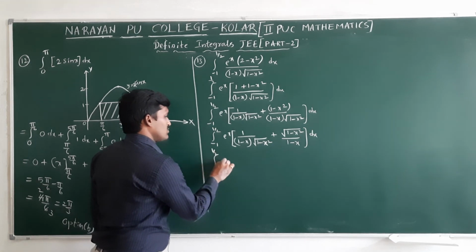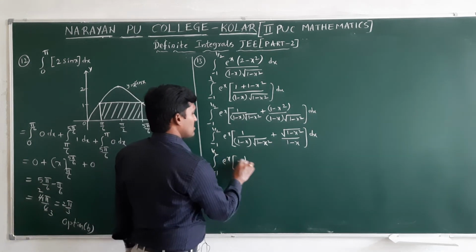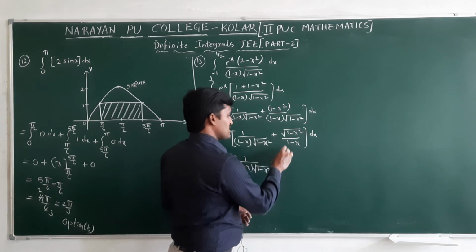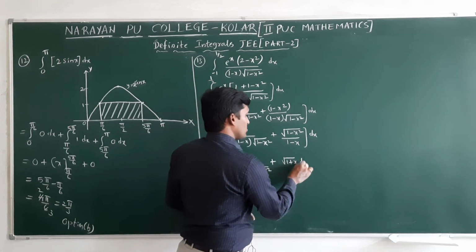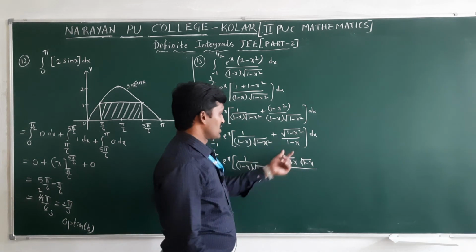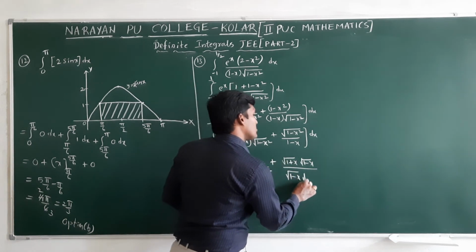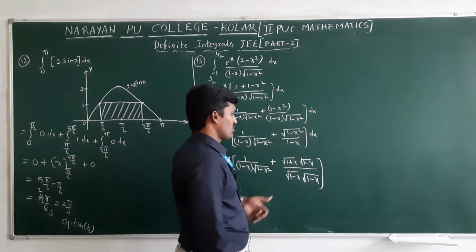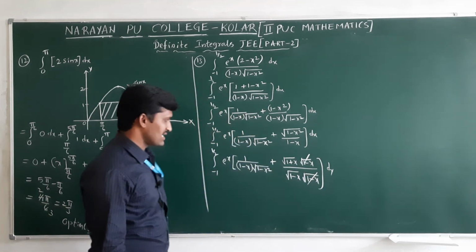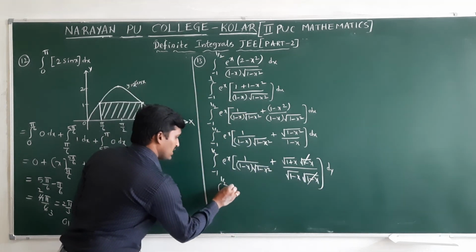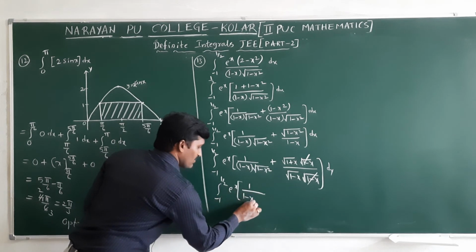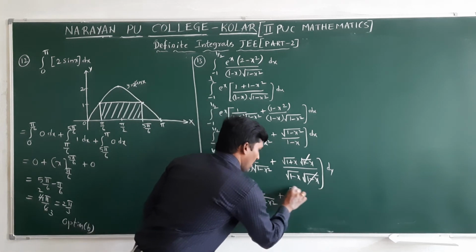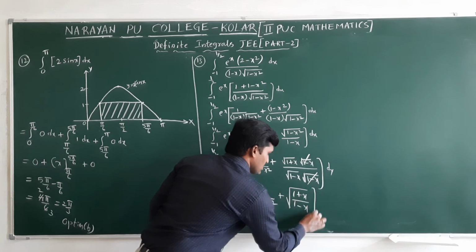Again, integral from minus 1 to 1 by 2 of e power x into 1 by (1 minus x) into root of 1 minus x square, plus this I can write as root of 1 plus x into root of 1 minus x, over root of 1 minus x into root of 1 minus x. Again the roots cancel, and you get the same value. This is the a square minus b square formula, so both values get cancelled. Finally, e power x into 1 by (1 minus x) into root of 1 minus x square. Here what remains is root of (1 plus x) by (1 minus x).